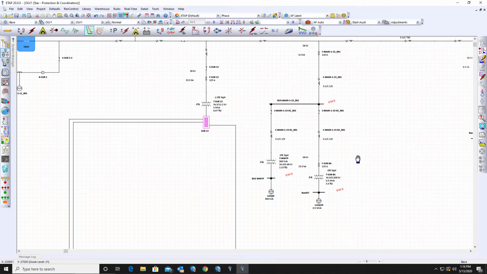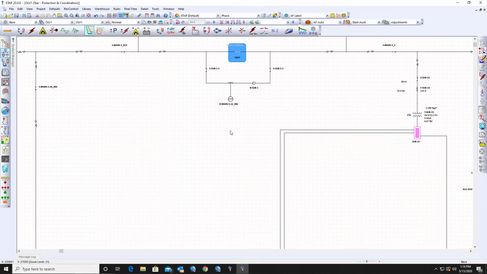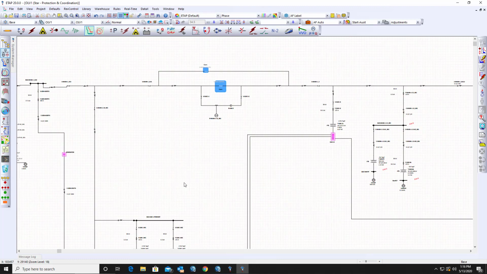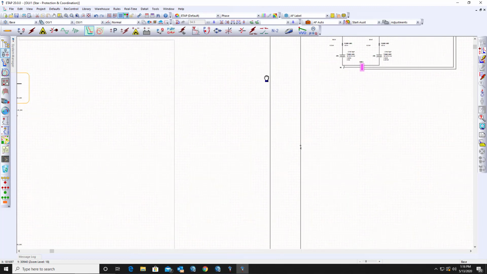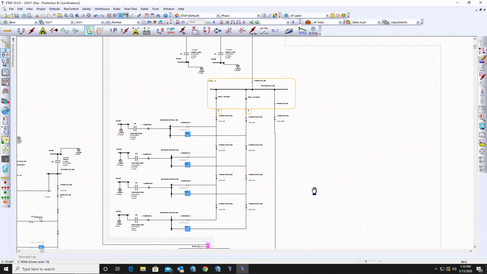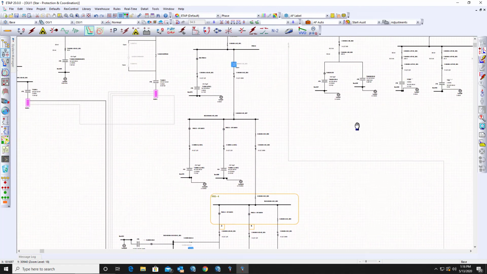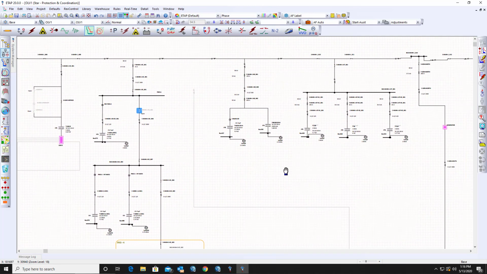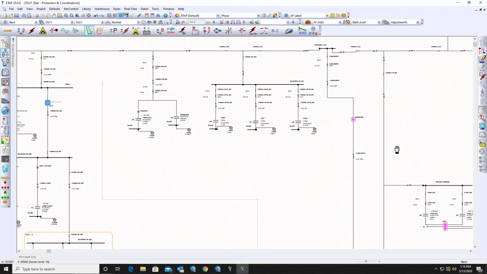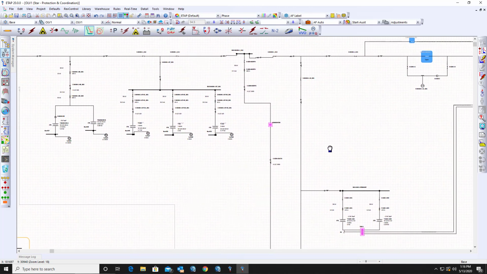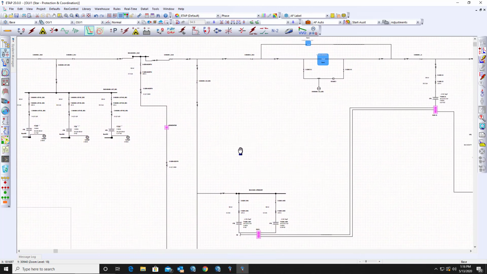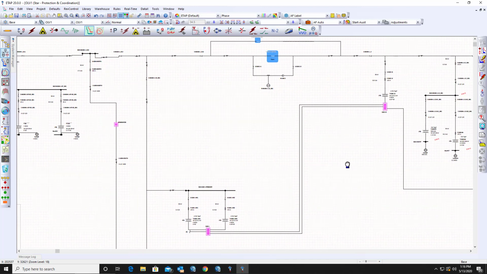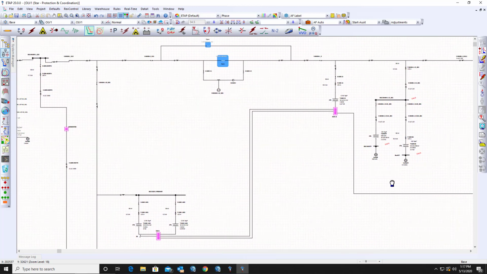Our next example is a distribution system. For this particular example, as we can see, it is a large distribution system with several substations and different transmission lines providing power to different buildings and small facilities. In this particular simple system, we have probably over 2,000 buses, and we can apply the arc flash evaluation tool